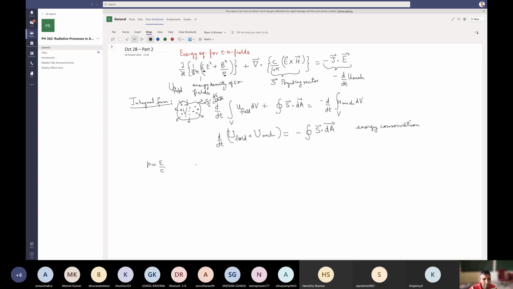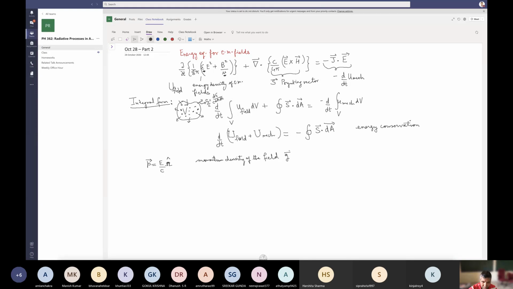So in fact, momentum is a vector, and it goes along the direction of the path of the photon. Actually, we are using omega hat, if you recall. So we can define a momentum density in the field. So momentum density of the field